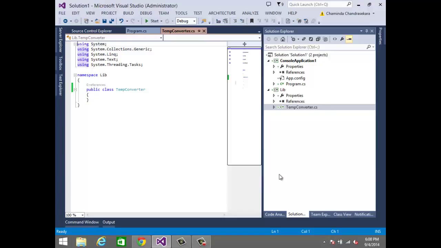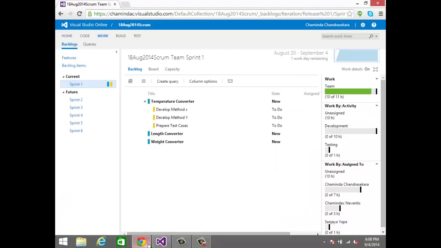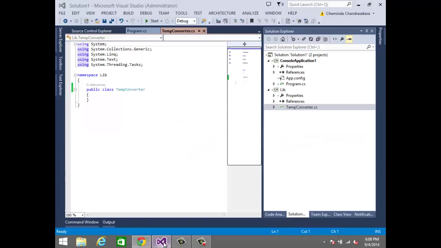Okay. For the time being, now we have gone through how to create work items, tasks, and all those things. Now we need to actually check in our work, right? We have created only the initial solution right now. So we have created the temperature converter class. Now I'll actually create a method as well. Just say